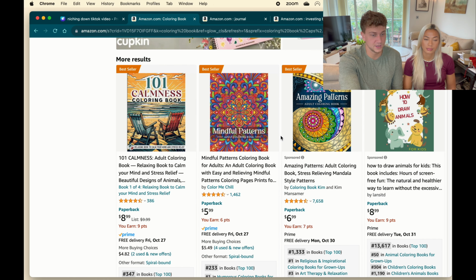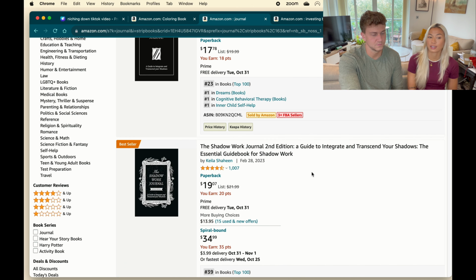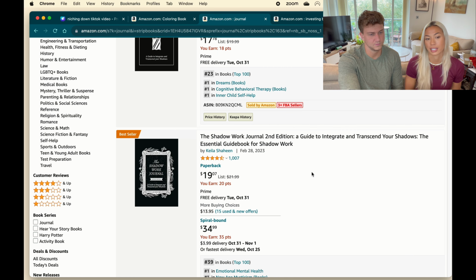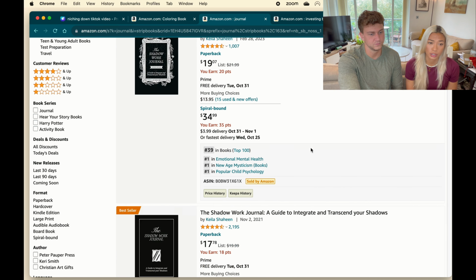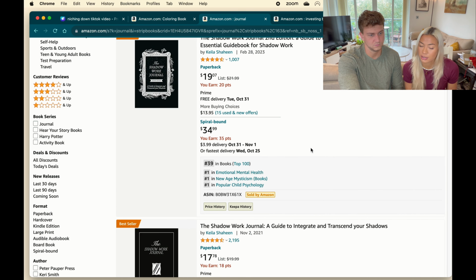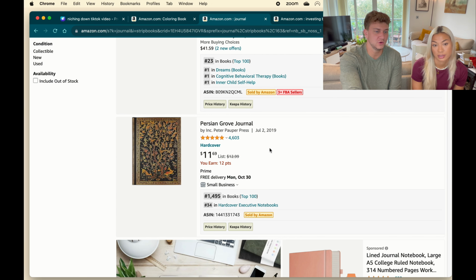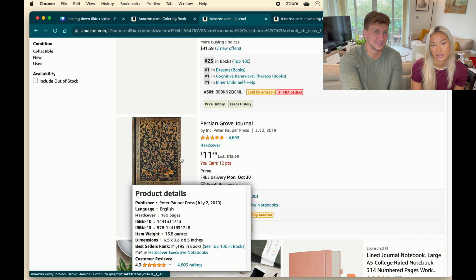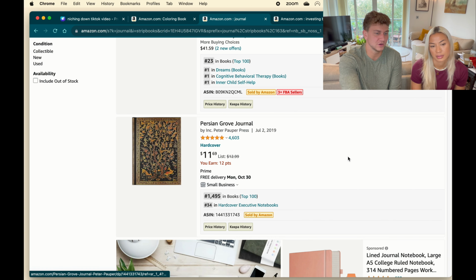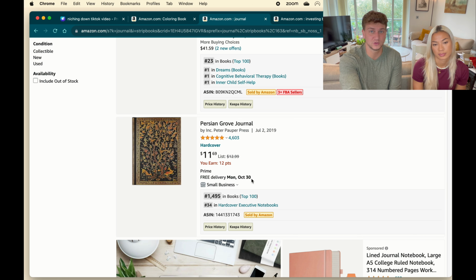Yeah, so journals, again, journal is super broad. Like there are literally so many different types of journals that you could find, both blank journals and actual journals that are like workbook journals like this, like the first couple here. I mean, shadow work journals, so obviously it's to do shadow work and inner healing, I'm assuming. And then next here you got Persian Groove Journal. We're just saying actually that we don't think this is self-published because it looks like it's probably engraved in the front, but you can still see how they've niched down. It's ranking 1400 in books, which is still very, very good. And I don't think I've ever heard of a Persian Grove Journal before.